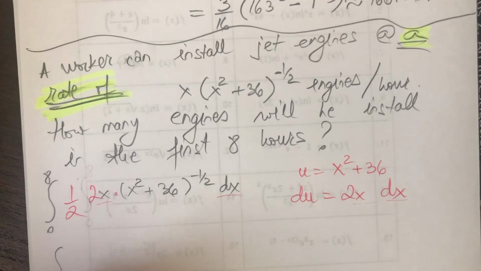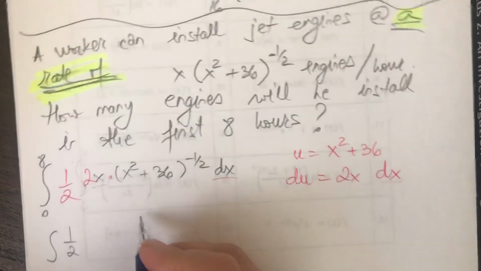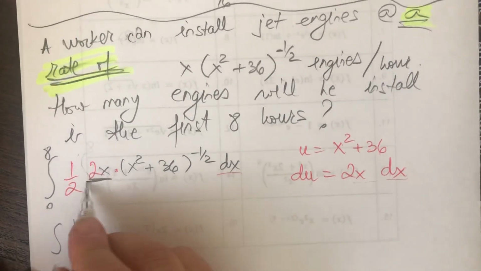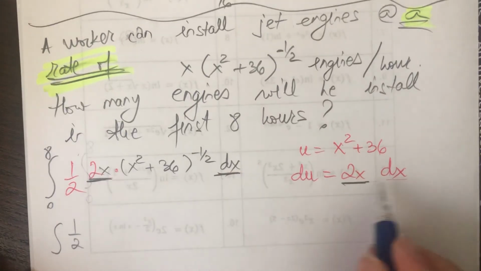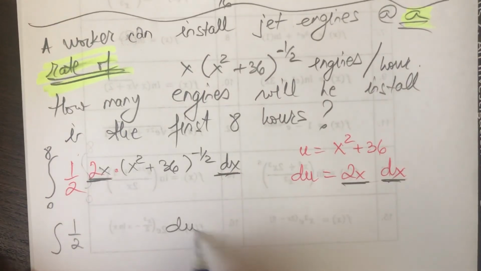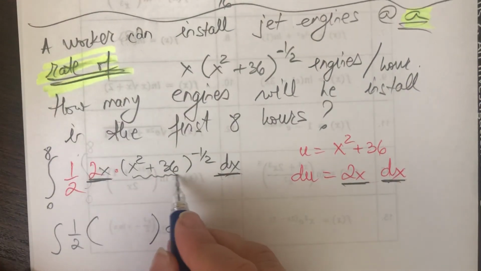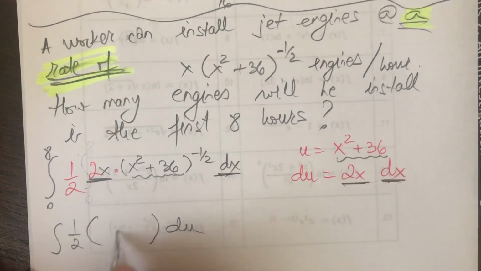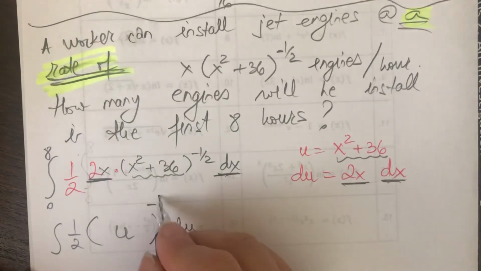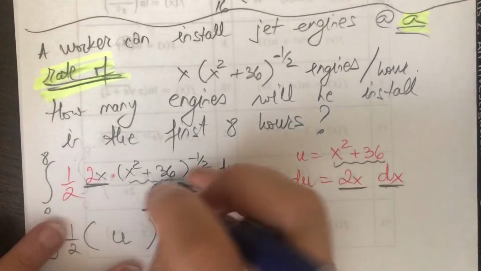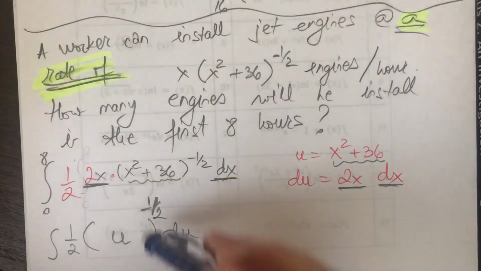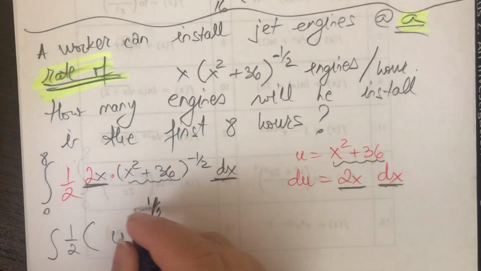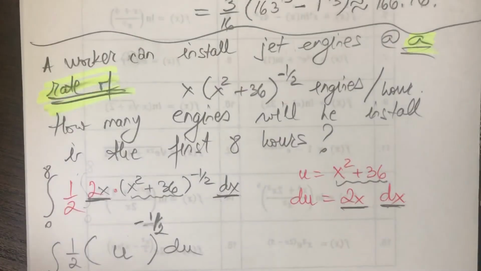So that's going to be an integral of 1/2. What do I write? Instead of 2x dx, 2x dx, that's a du. I'll write it at the back. What else do I have? I have the whole x squared plus 36, which is called u, to the negative 1/2. Okay. So, what else? Maybe we should change